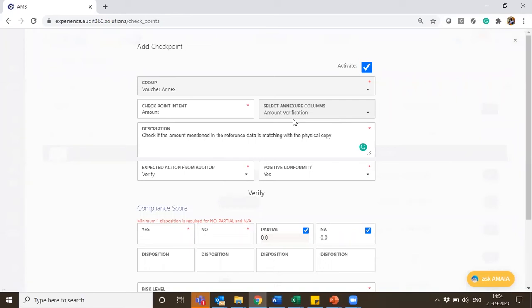And when we are uploading some reference data to this voucher annexure, for example some amount to be verified as reference data, the amount value would be shown on the screen of an auditor for him to do an audit. So it gives an easy reference to verify the amount on the screen as well as on the physical copy, for them to take a call whether it is matching or not.